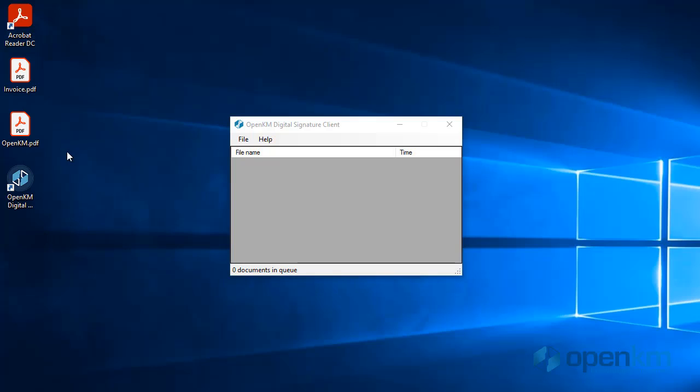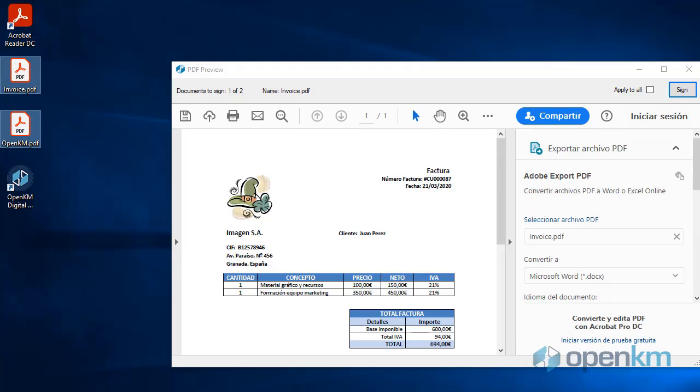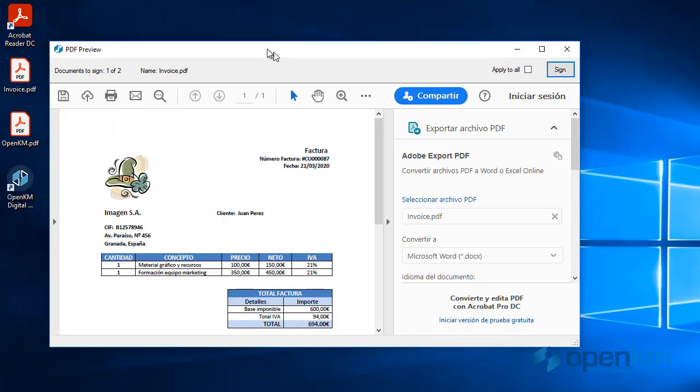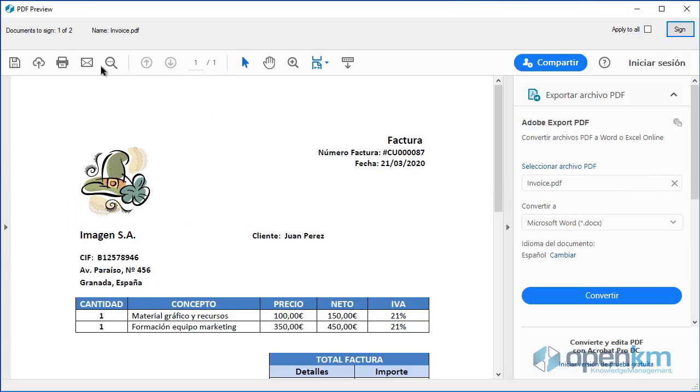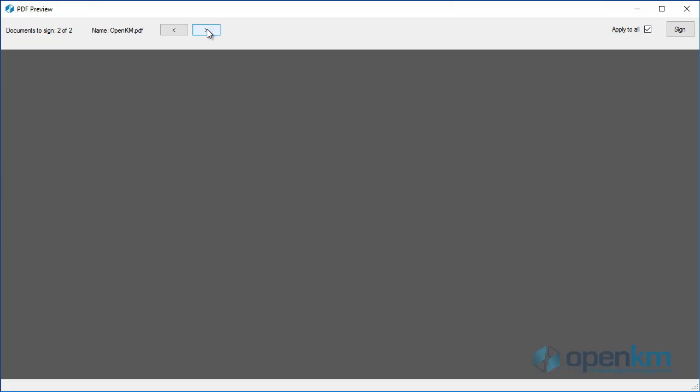Now we will take two documents to sign and upload in OpenKM. The system automatically displays the files in a new window. We can check that we have two documents that are not signed. We will set that the signature will be applied over all the documents. At the same time, we'll serve over the documents